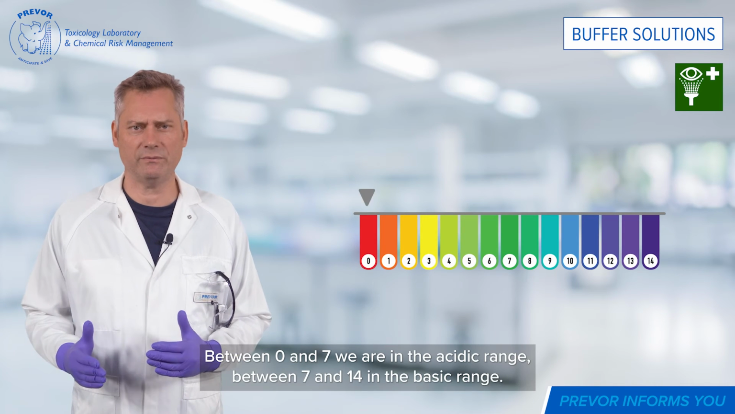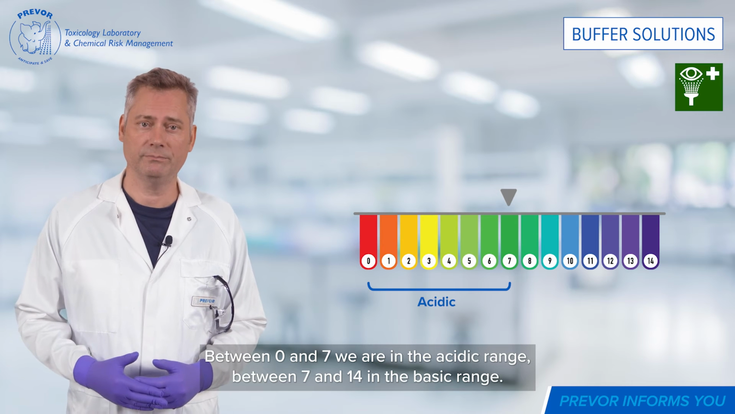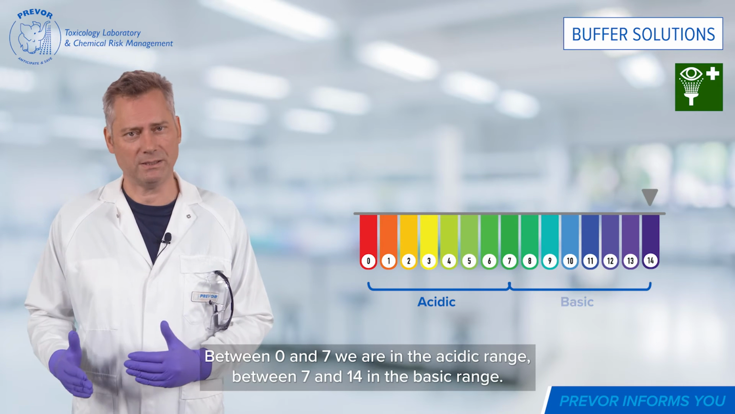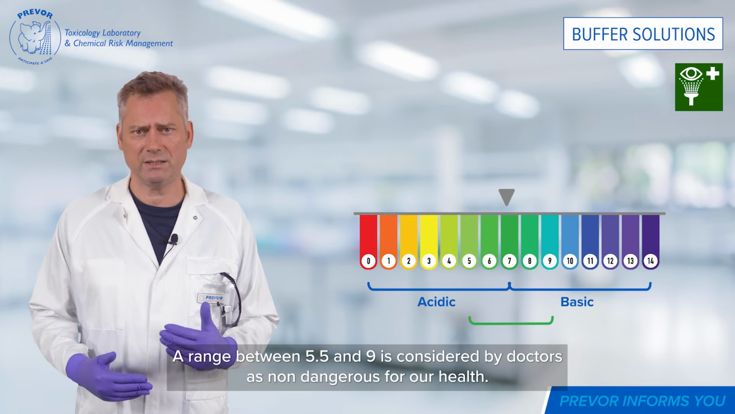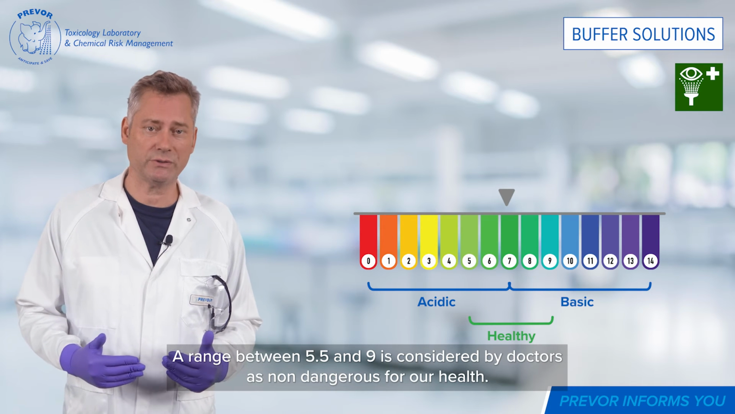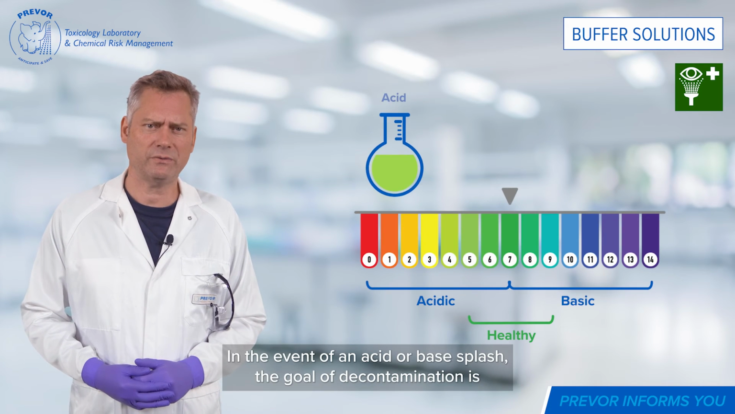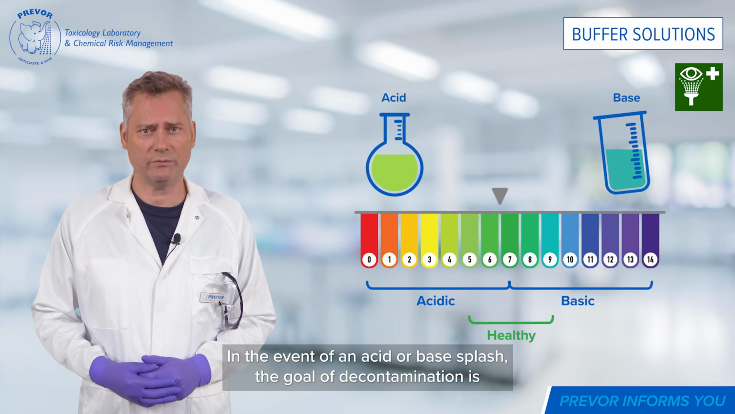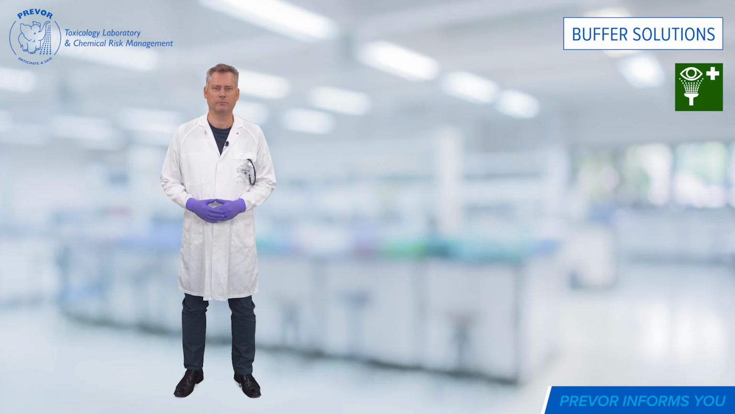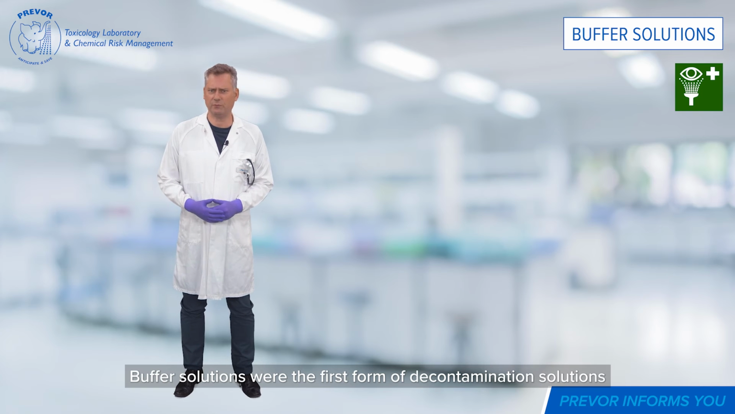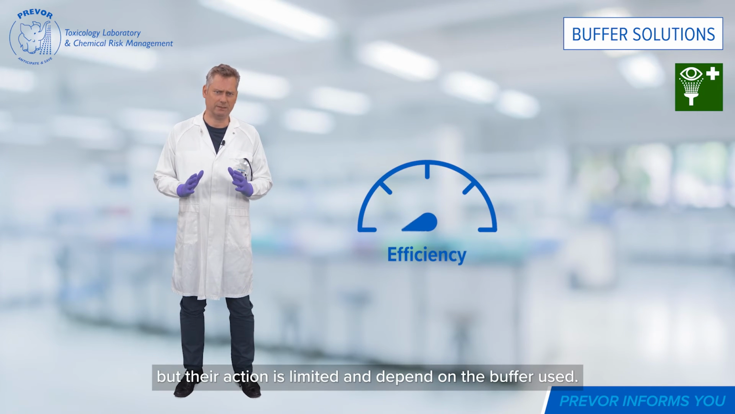Between 0 and 7, we are in the acidic range. Between 7 and 14, in the basic range. A range between 5.5 and 9 is considered by doctors as non-dangerous for our health. In the event of an acid or base splash, the goal of decontamination is to return to that range as quickly as possible. Buffer solutions were the first form of decontamination solutions, but their action is limited and depends on